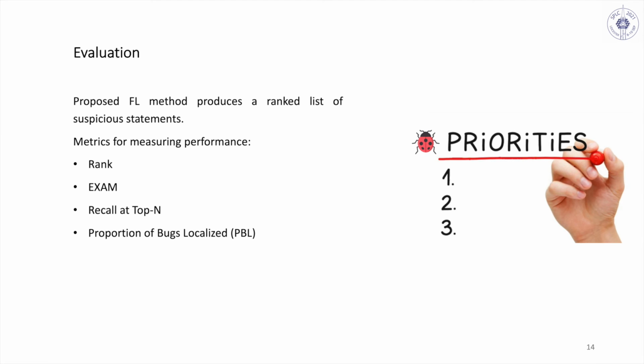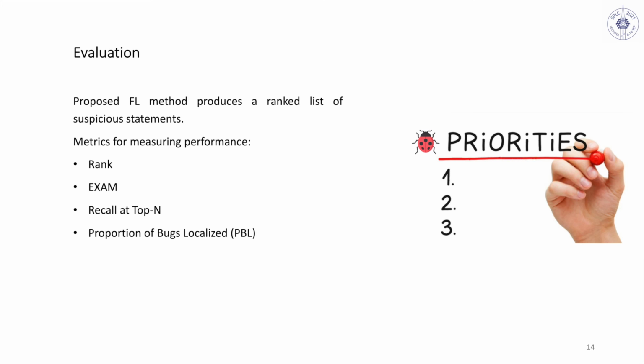So, how can participants evaluate their solution on the benchmark dataset that has been mentioned? A proposed localization method needs to produce a ranked list of suspicious statements. We show here 4 standard metrics. The first one is rank. The lower the rank, the faster the developer will find the bug on the list. The second is EXAM, which presents the percentage of statements that must be examined until the first faulty statement is